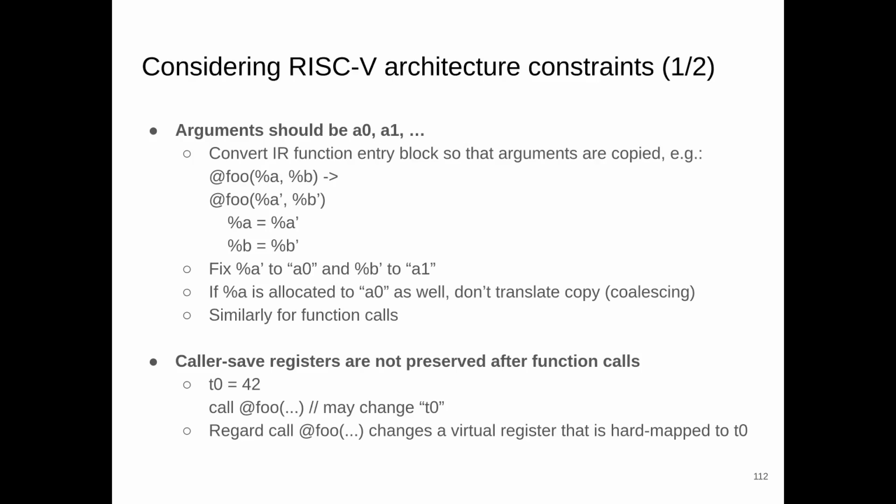For example, arguments should be in A0, A1, and so on up to A7, which are argument registers. So they should be in the argument registers when a function calls another function, when an argument is passed from the caller to the callee. And furthermore, these argument registers should be